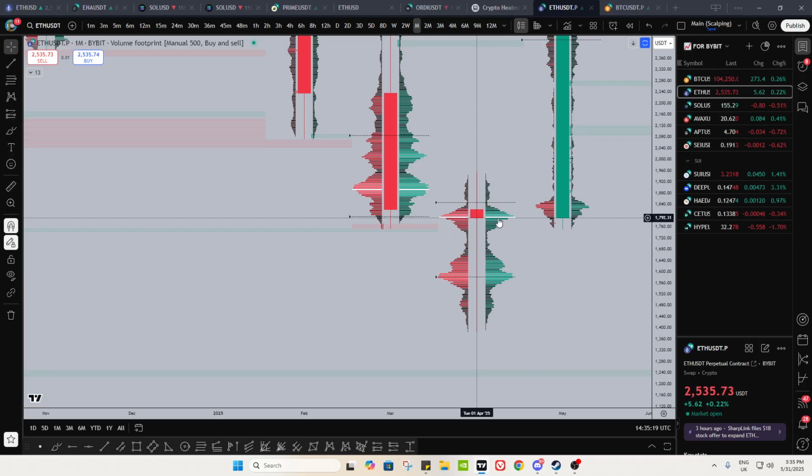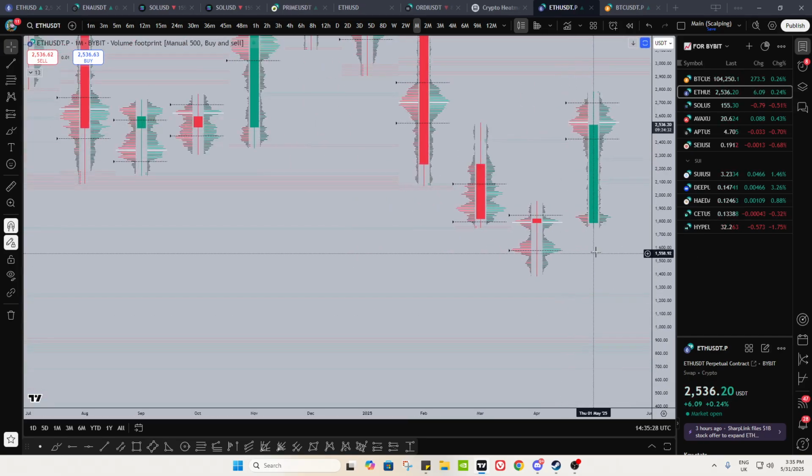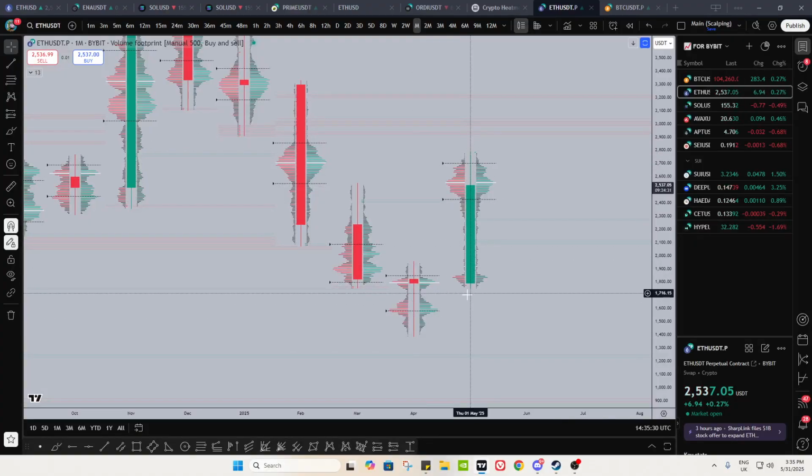You closed above your point of control, you closed above your value area low, you closed above this entire high volume node. That is a sign that, again, even on a monthly basis, sellers are caught offside. And that is now what's given us this move against them. And that's why I said this by no means means the bottom is in for sure, but at a minimum what you can expect is a move to take these people that are offside out. And that's what we're getting right now.